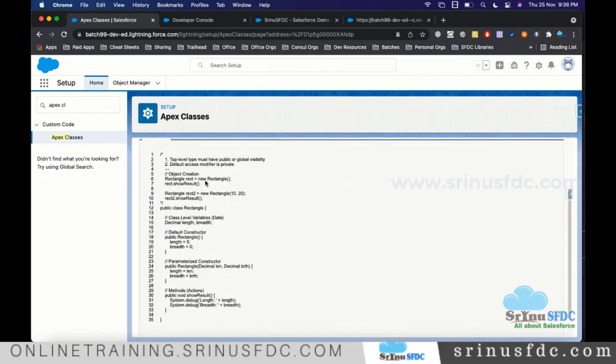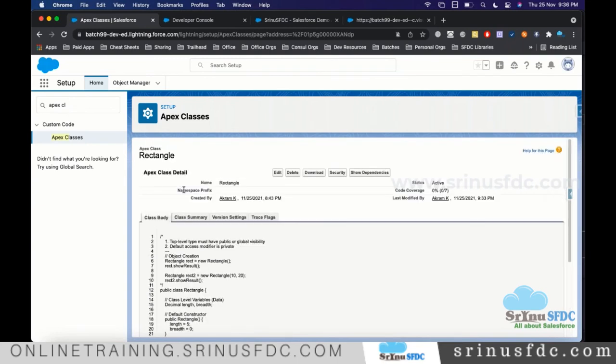Same thing, whatever we discussed. Don't just look at this and try to type on your own. If you are not able to move forward, come back and see, and again type. That way only you can easily learn it and connect. So tomorrow we continue with the next part of this program.